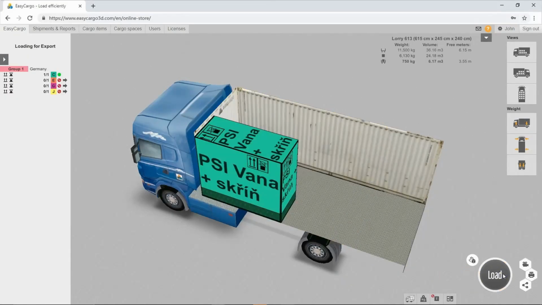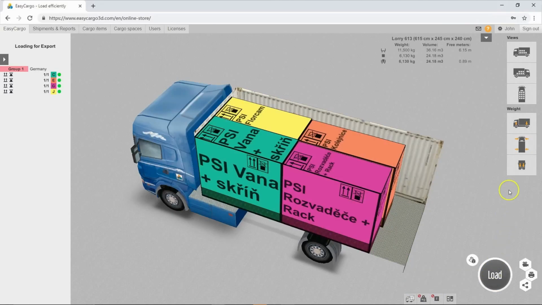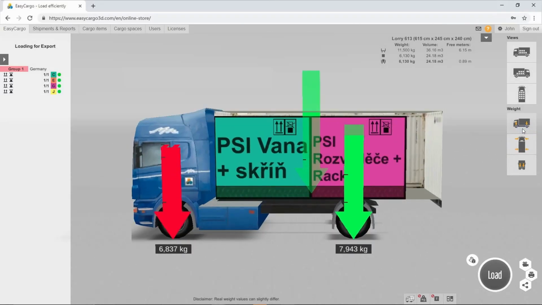When planning the transport of very heavy items, it is possible that with the standard calculation settings, only part of the shipment will be loaded, even though the free space will not be fully used. If you change the weight limit settings to ignore weight limits when loading, the load may fit into the selected cargo space, but the vehicle could be overloaded.